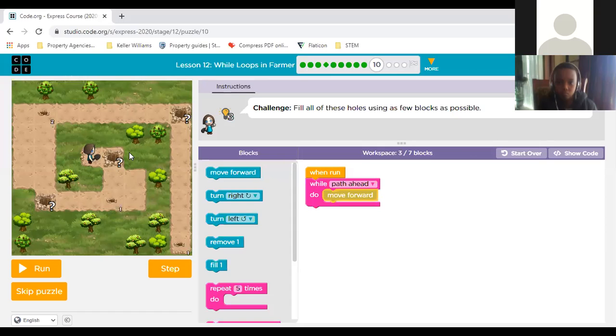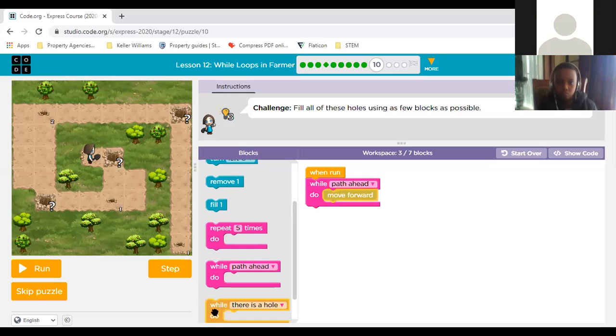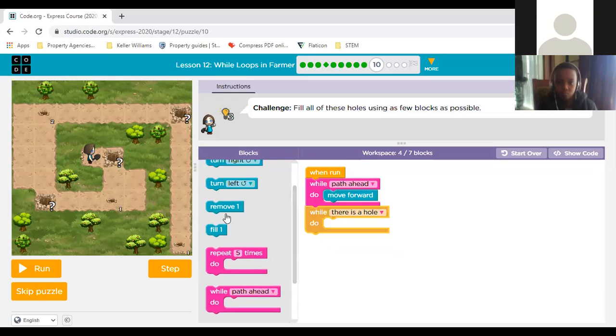So while there is a hole, wow, there we go. While there is a hole, what are we going to do with the hole? We have to fill the hole. So let's quickly see. There we go. Let's just run step by step, just our first part. So step 1,